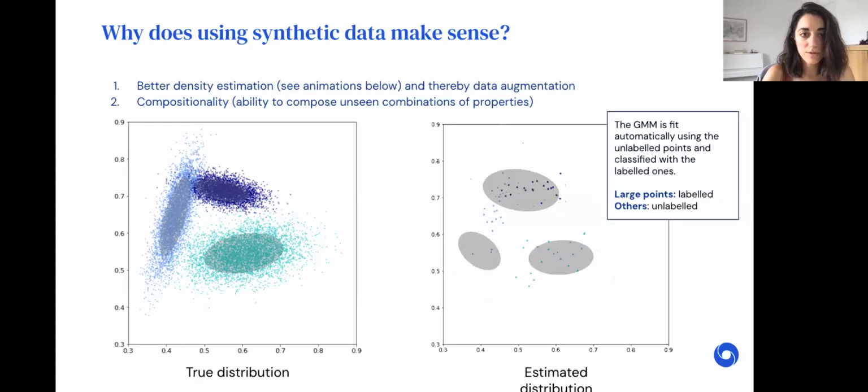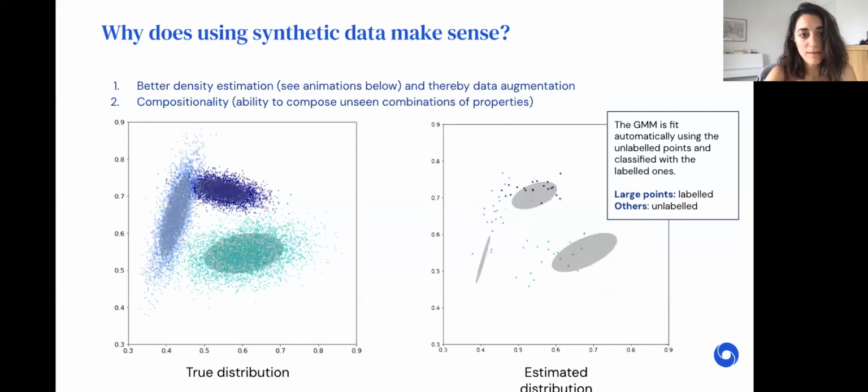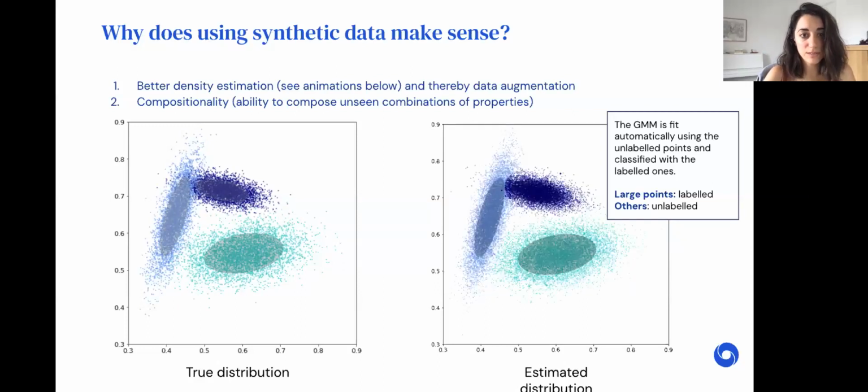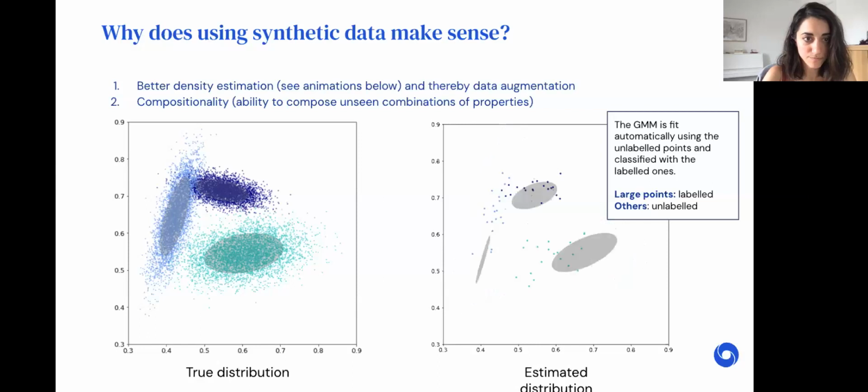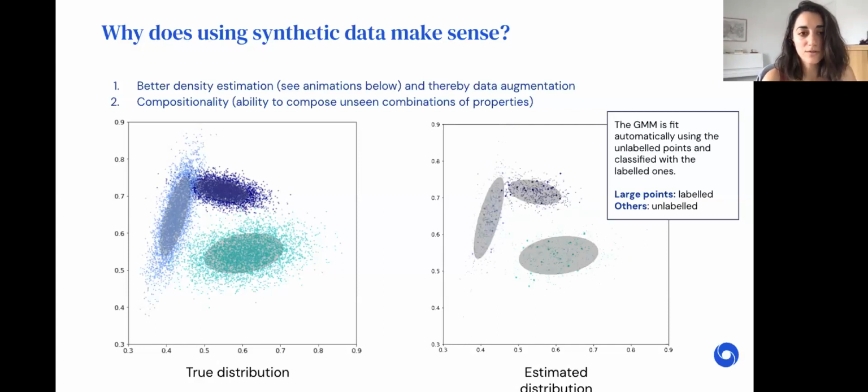We consider a three-mixture GMM, where we have the true distribution on the left-hand side. On the right, we show an animation of fitting a generative model to the labeled and unlabeled points as we gather more unlabeled data. With more unlabeled data, we are better able to capture the underlying true distribution and easily differentiate the modes of the distribution. We are not showing it here, but we have investigated if this improves the performance of a downstream classifier, and under certain conditions, this is indeed true in this setup.